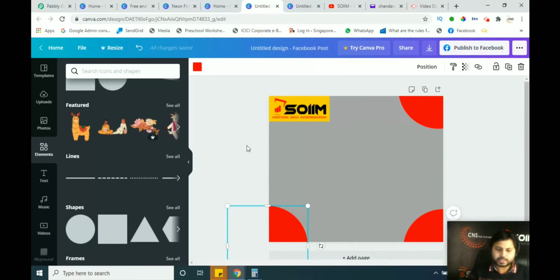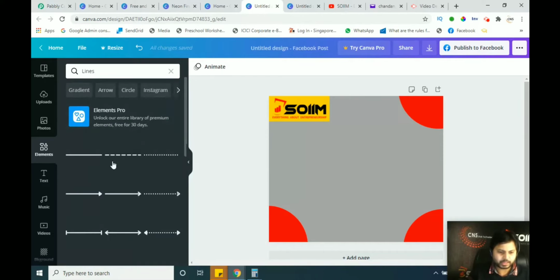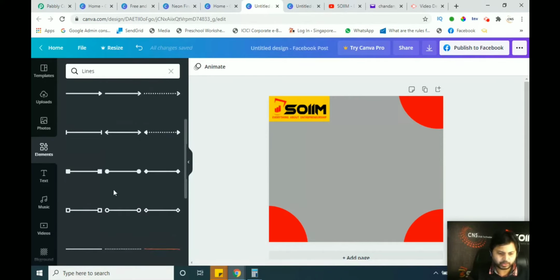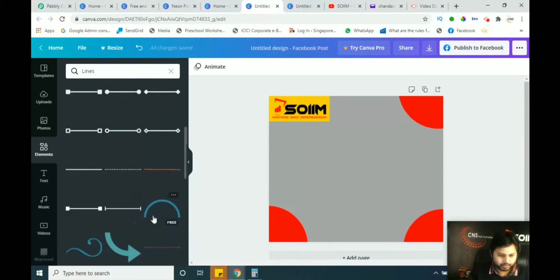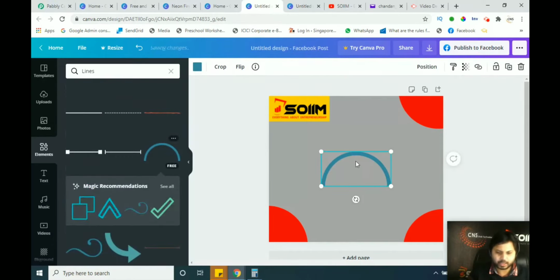We can see many things here. Now if we want to add some design, we can do that here as well. We will draw lines. If you want to make some lines or attractive line designs, simply click on the line section. You can see multiple lines showing here, and we can use them as per need. If you want to make an arrow, or an arc, simply click on the arc and it will come in this section.